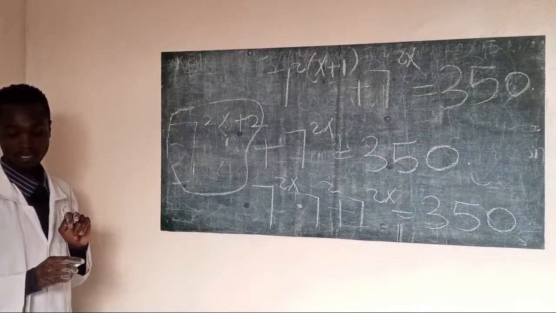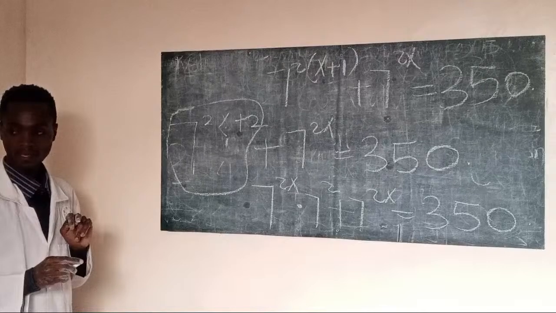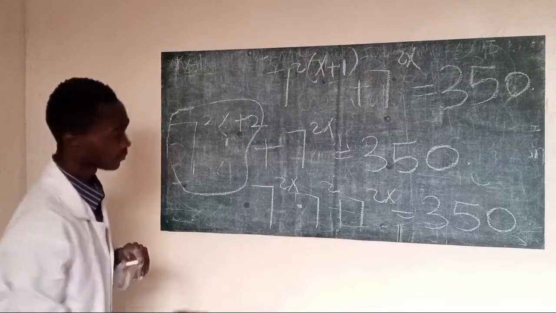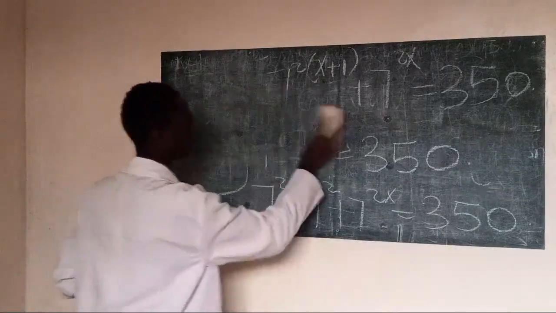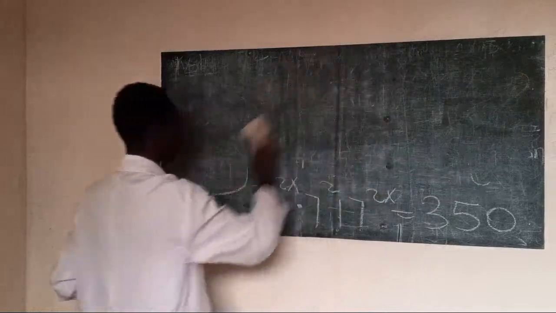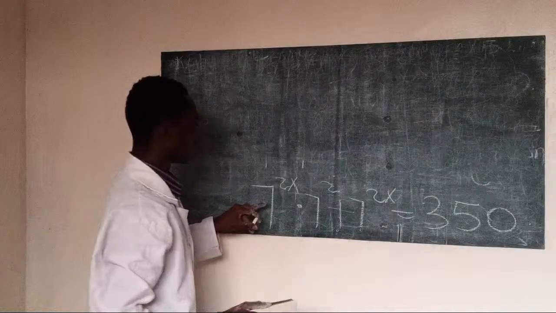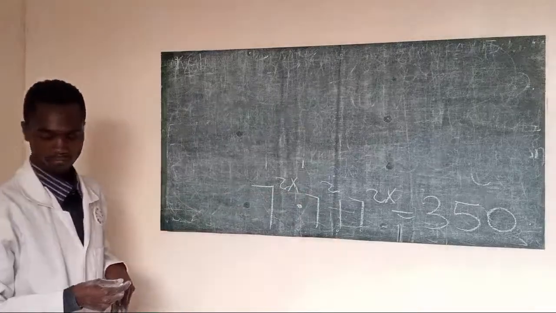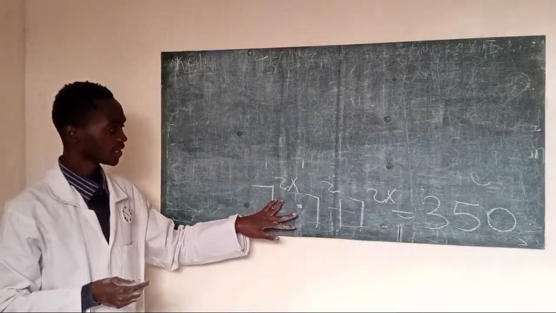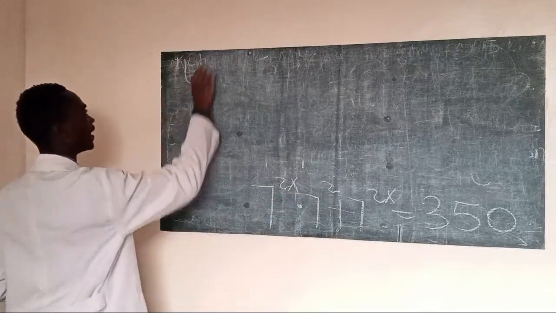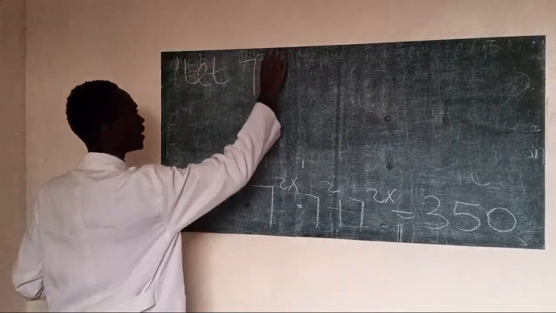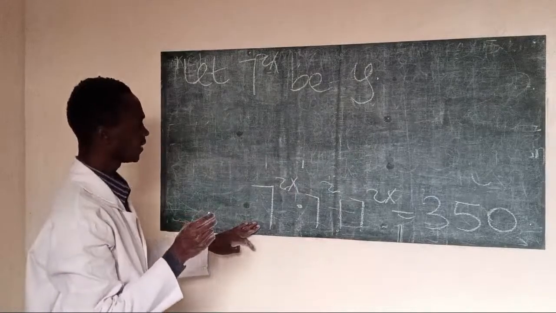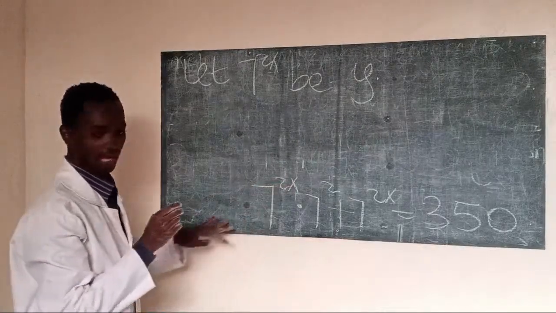I hope sio kukopi tunafanya kitu yenye tunajua. Everybody. Yes. Can I move to the next step? Is there something common here? Is there something common in this equation? This one, 7 raised to the power 2x. So I can comfortably say, let 7 to the power 2x be y. So where there is 7 raised to the power 2x, I put a y. So I get